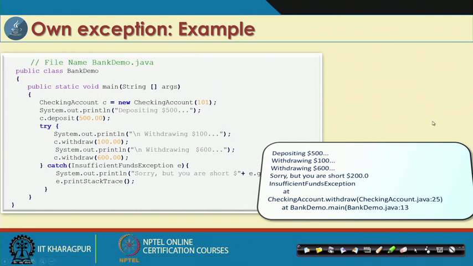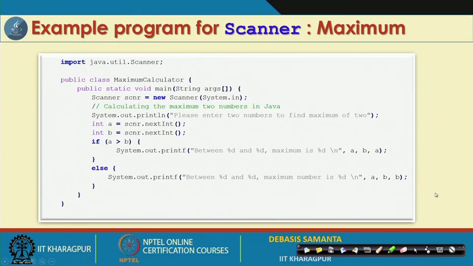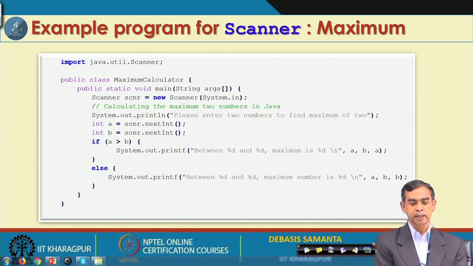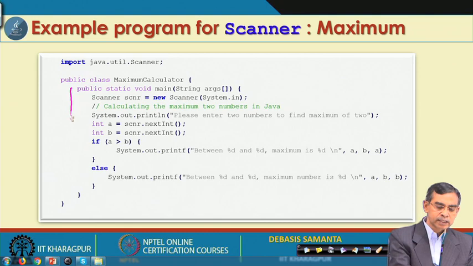Okay, so this is about the different cases of the exception that may occur here, and we are almost at the final round of the exception handling discussion. Before going further, I just want to mention a few simple examples. Let us see whether you can follow. Here is one program, just check it and tell where is the possible scope of exception. This is a simple class, only one class which has the main method.